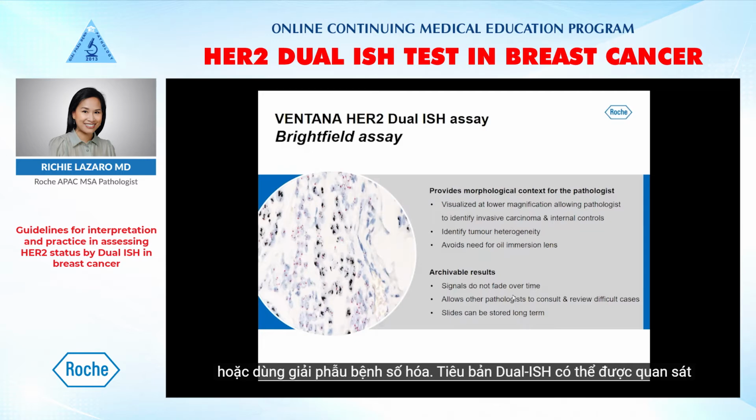The dual ISH slide may be viewed in conjunction with a HER2 IHC slide and provides the morphological context of the tumor. The slide may be visualized at lower magnification for the pathologist to identify the invasive carcinoma and internal controls. Tumor heterogeneity is more readily observed in comparison to a FISH slide, and it avoids the need for oil